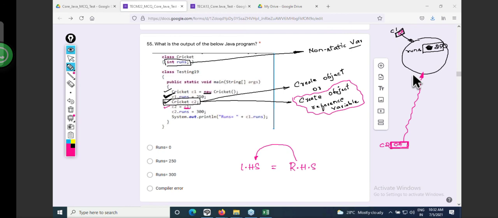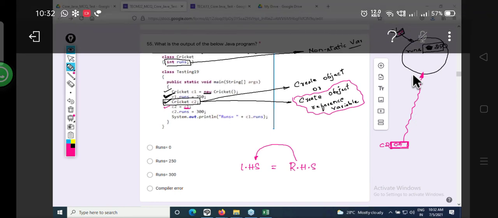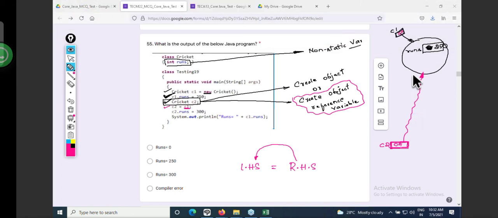Can I say something like this? One house, two duplicate keys are there. Our houses will have duplicate keys. Does our bike have duplicate keys? One bike having 2-3 keys. Can I start my bike using the first key? Can I start the bike using the second key also? Yes. You can have n number, no limitation.